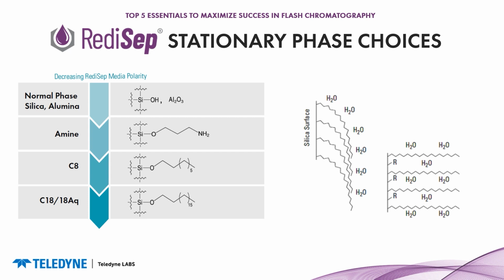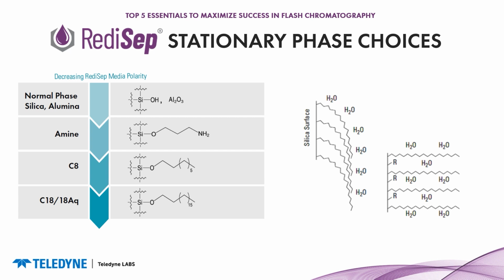If you do, you're going to run into phase collapse, and that's what we see here on the left, is these carbon chains in aqueous conditions like to bundle up together. The water pushes them together. Again, likes. So they're going to like the other nonpolar carbon chains and they're going to bundle up together. So this is going to create voids in your column, and your compound of interest is able to just run right by those carbon chains when they're all pressed together, and it's not going to interact much with the stationary